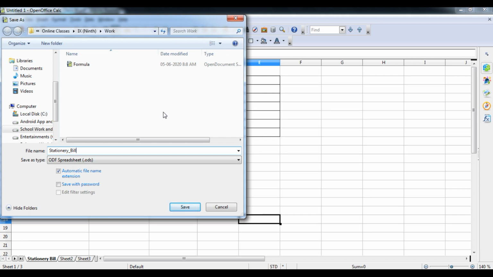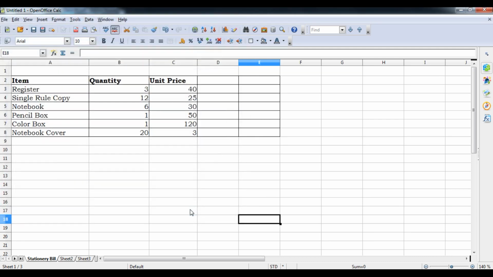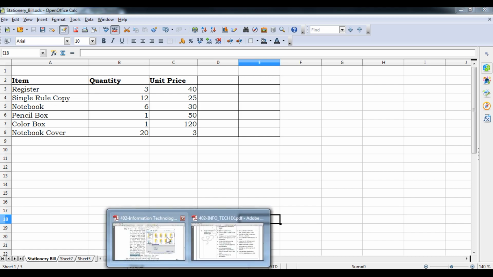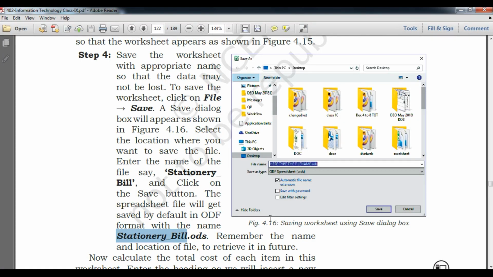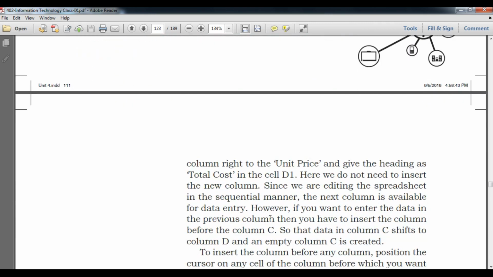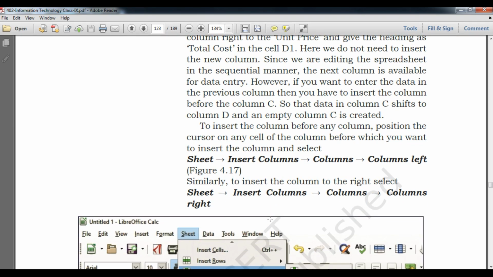As per the example, we will only save with the name stationery bill. After saving, you can see after a few seconds the title bar contains the name stationery bill ODS.